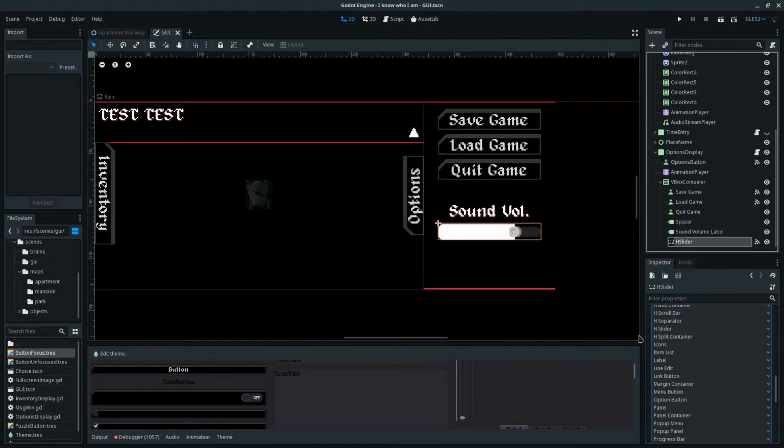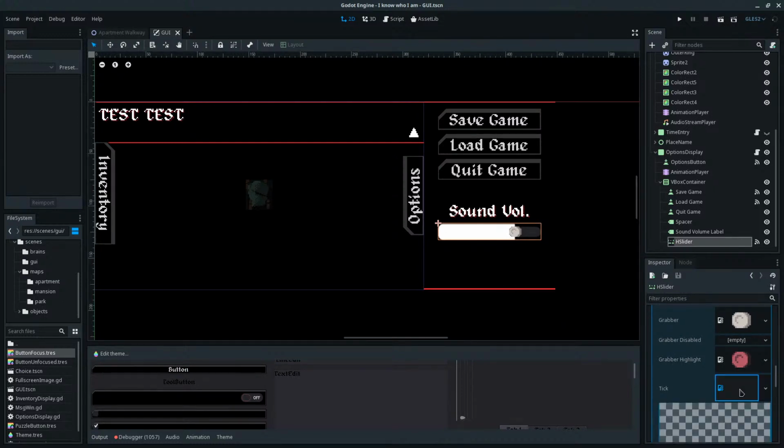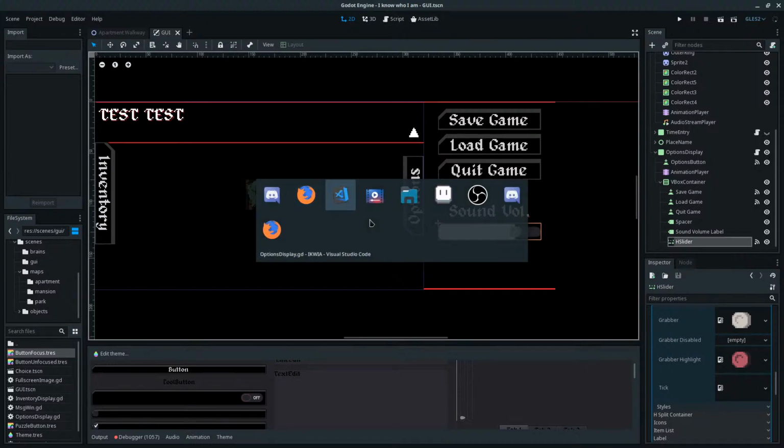It should tell you what a grabber is in an H slider section of a theme for the H slider. If you put in a theme and go to the H slider section, it should tell you, okay, this is the stuff that really influences how the thing appears.